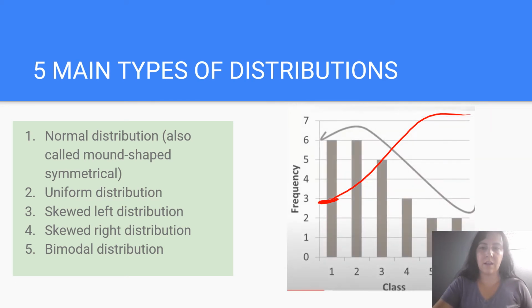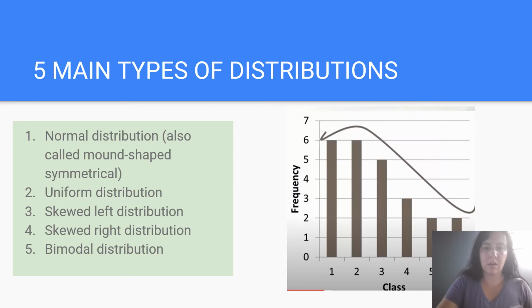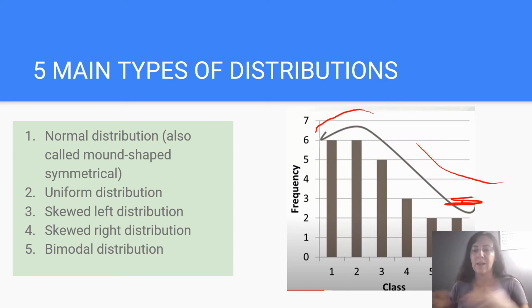And then, give me a second. Skewed right would be lower on the right side. So it starts high on the left and then goes low when it heads towards the right. Okay. Then we have